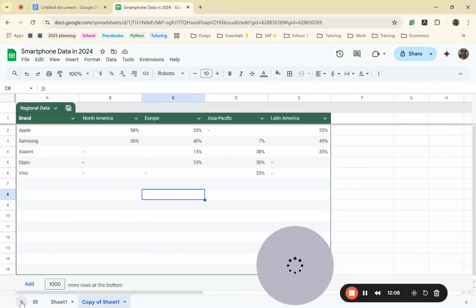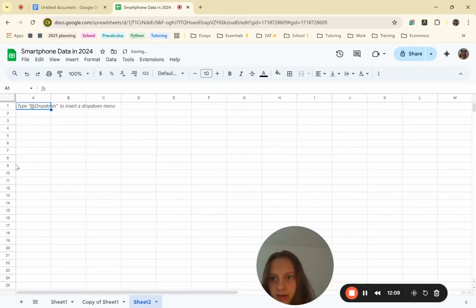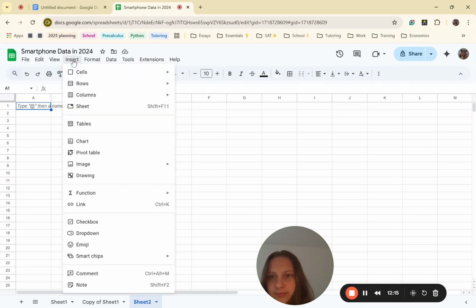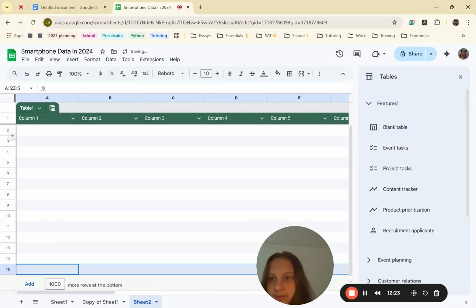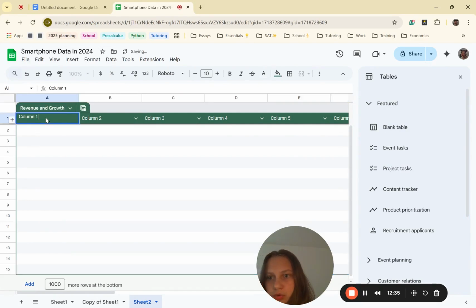We can once again add another sheet. And here is where we can put in another table. And this is where the revenue and growth, this is where the percentages also come in. Let's see. Revenue and growth. There we go. Let's do brand again. I think I should have copied off the last one, but it's okay. Brand, we'll have Apple once again. Samsung.